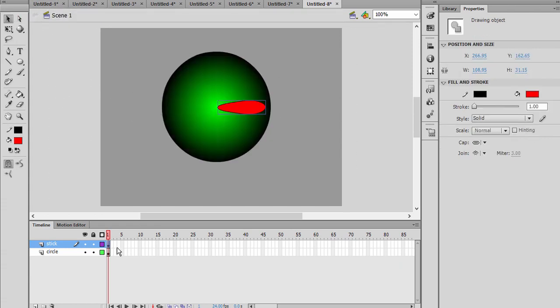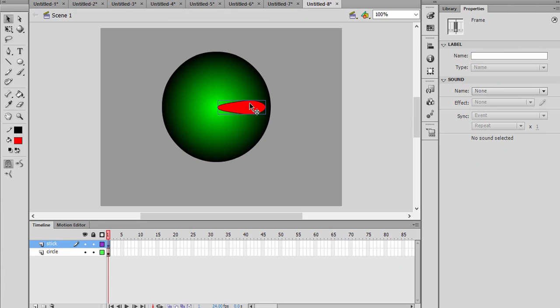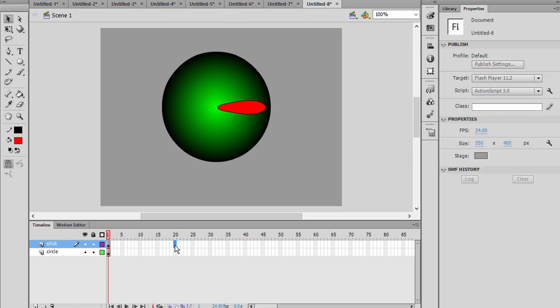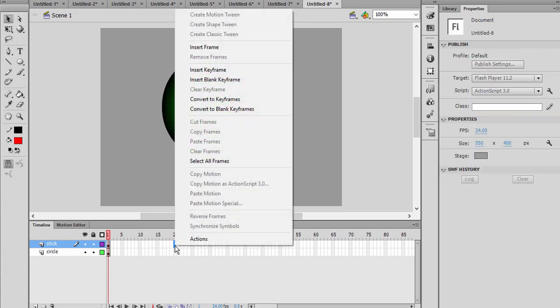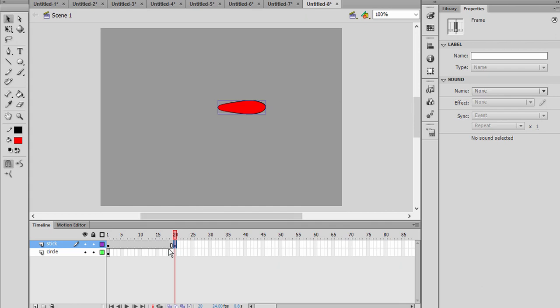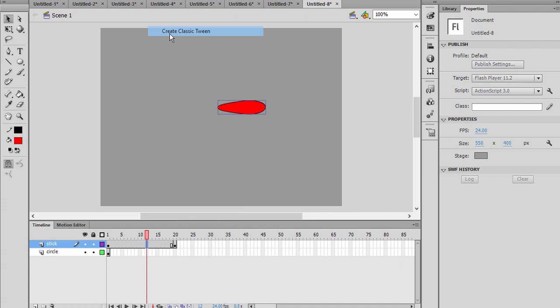And after that, I'm going to rotate this stick. I want this action to be done between frames 1 and 20. Okay, I'm going to insert a keyframe and right click there, apply a classic tween. Okay,